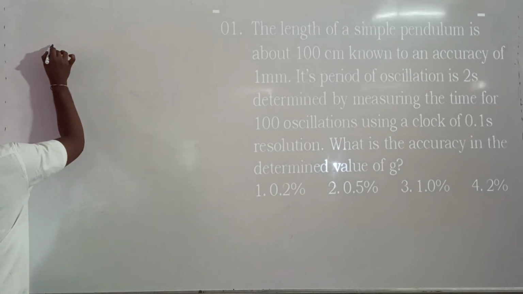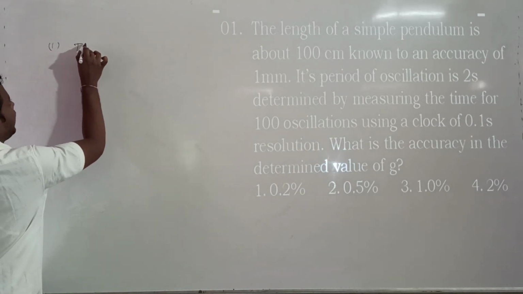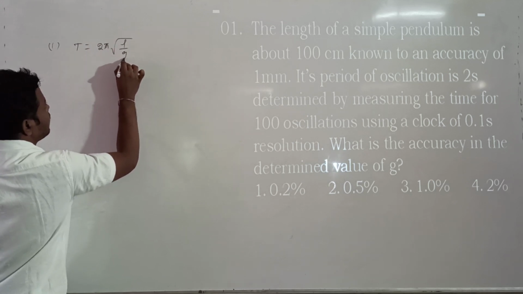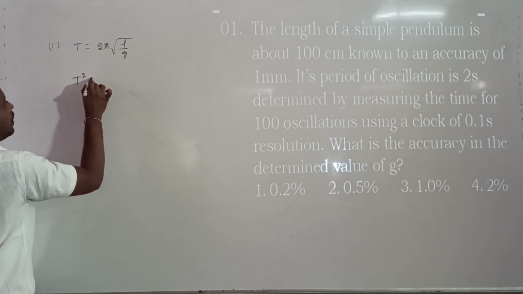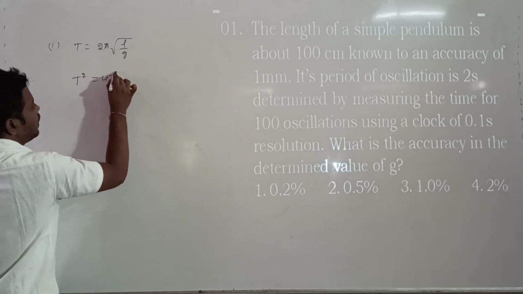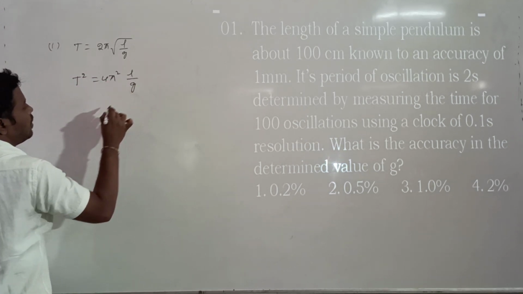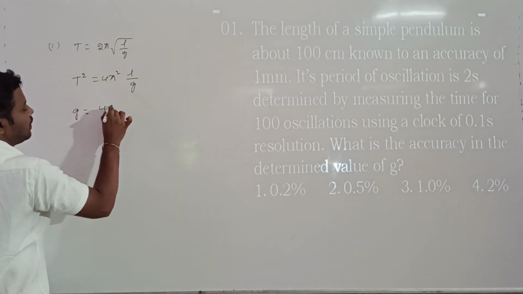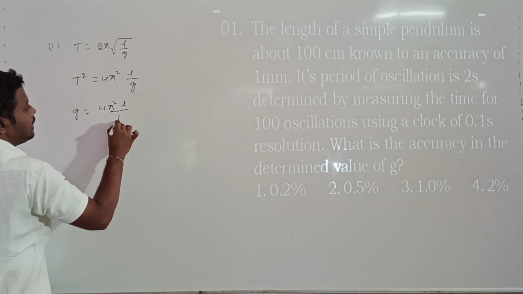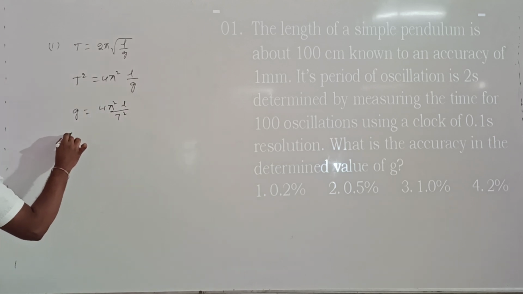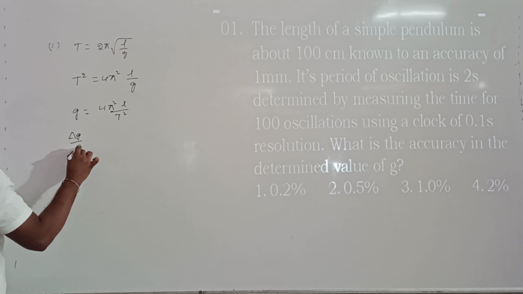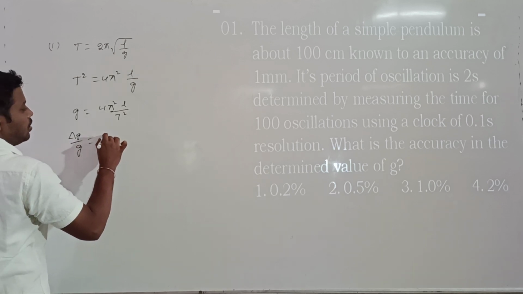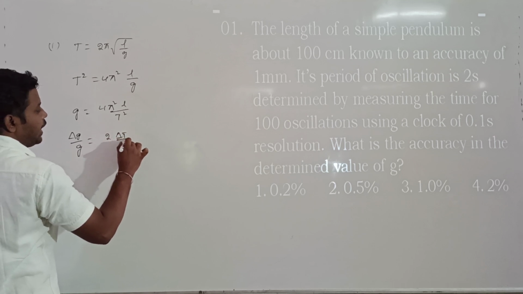So what is the formula for time period of simple pendulum? T is equal to 2 pi into root over L divided by g. From this, T square is equal to 4 pi square into L divided by g. So from this, g value is equal to 4 pi square into L divided by T square. If I want to calculate the accuracy in g, that is delta g by g, so I am writing the formula delta g by g value is equal to 2 into delta T by T